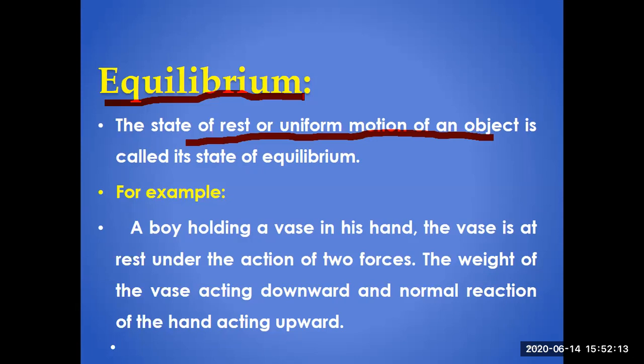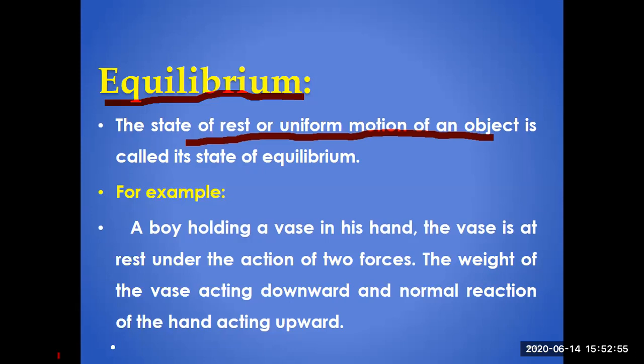So that's why it is explained in another easier way. If there are a number of forces acting on a body and the body is at the state of rest, then this state of body is said to be equilibrium. Or if a body is moving with uniform motion, it is also in equilibrium. Like if a paratrooper is moving with a uniform motion in downward direction, this type of motion is also motion in equilibrium. And we will discuss the types or the states of equilibrium. But this is the main or the first concept of the equilibrium.